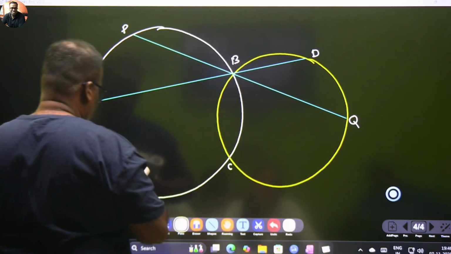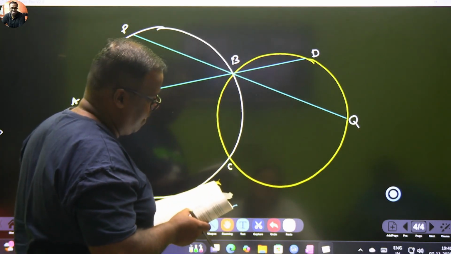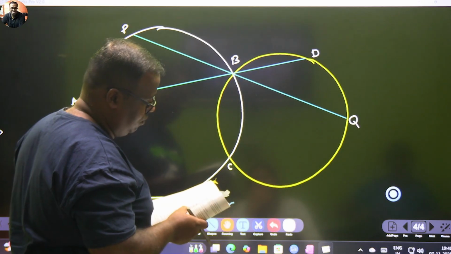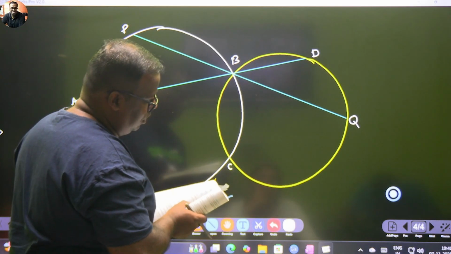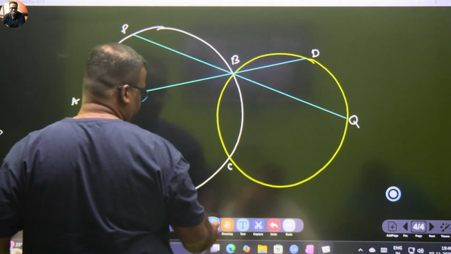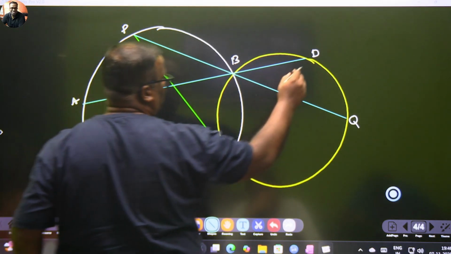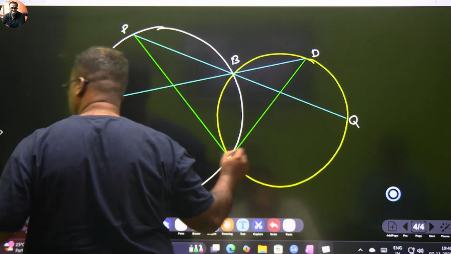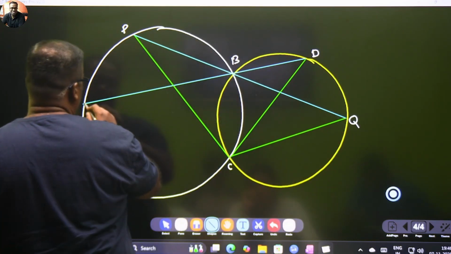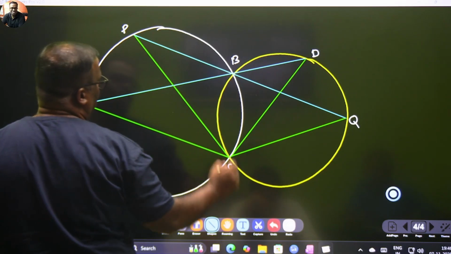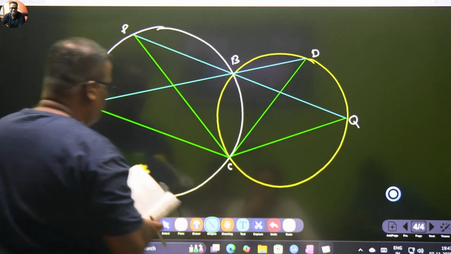Very good. ABD and PBQ are drawn to intersect the circle at these points, right? Fine. And then we are joining all these three lines. Okay, very good, let's join them. We're going to join this with C, this with C, and this one as well. Okay, prove that angle ACP